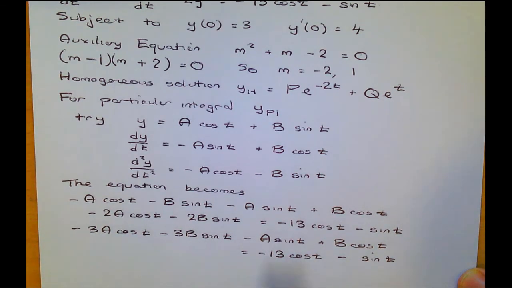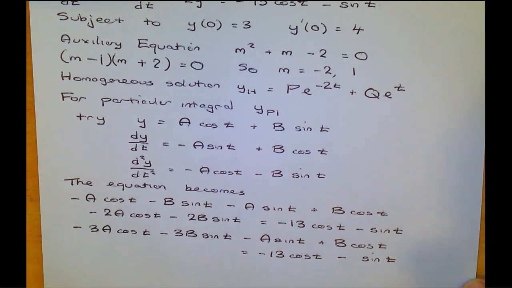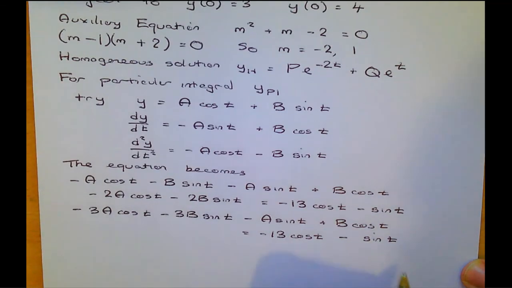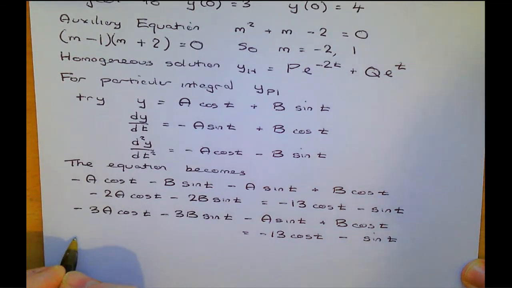This is something that should be true for all t. It's not about finding t. We can compare the cosine terms, we can compare the sine terms. It should be true for all t. If we, for example, set t equals 0, the sine terms would all disappear. We'd be comparing the cos terms, and so on. So, looking firstly, say at the sine terms,